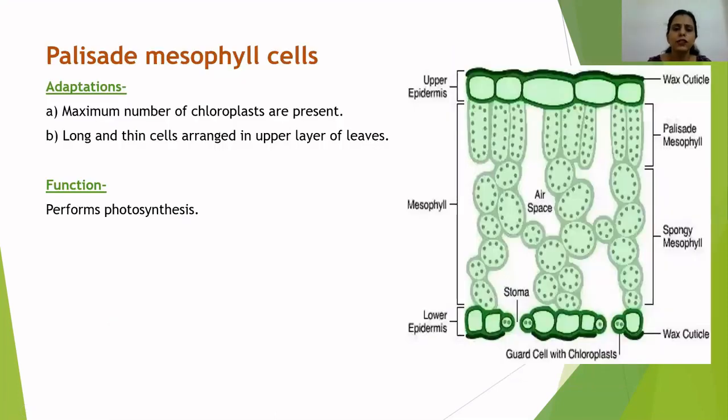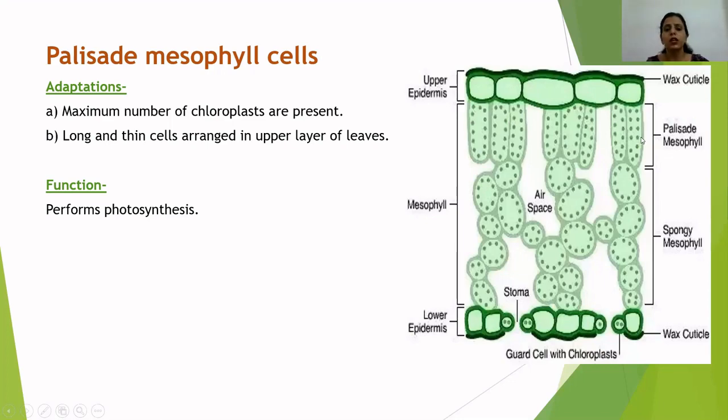Next cell is Palisade mesophyll cells. They are also present in plants. The location is they are present in the leaf, in the upper layer of the leaf. For example, if a plant has a leaf like this, and we take the transverse section, this is actually the longitudinal section of this leaf. If we take the transverse section of leaf, the uppermost layer is covered with cuticle, a waxy coating. And just below that we have the epidermal layer, the upper epidermis. So topmost is the waxy cuticle, then we have upper epidermis, and just below that we have these Palisade mesophyll cells. So one cell is a Palisade mesophyll cell, and the entire group of cells is known as